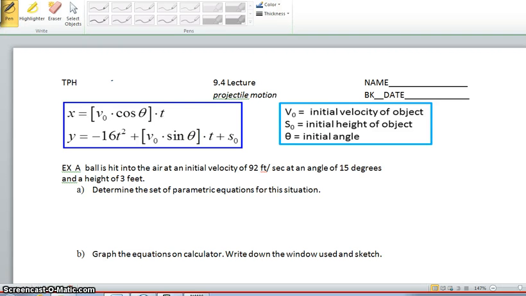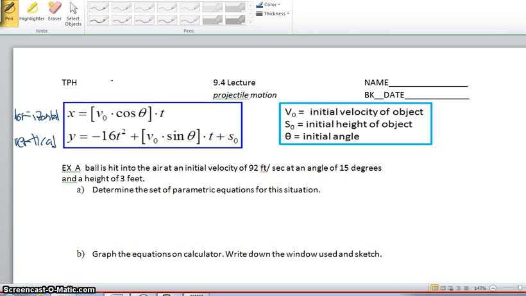Today we're going to be looking at projectile motion. Projectile motion has two types of equation. Our x equation gives us the horizontal distance, and the y equation gives us our vertical distance, so how high